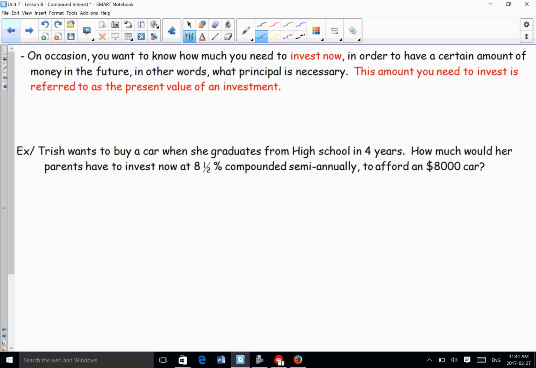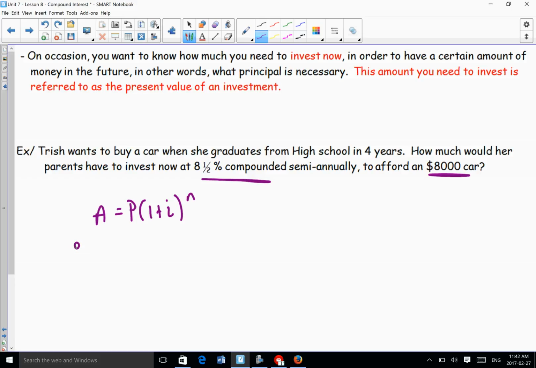So Trish wants to buy a car when she graduates from high school in 4 years. So she's got 4 years. How much do her parents need to invest now at 8.5% compounded semi-annually to be able to afford an $8,000 car? So if we take our equation,